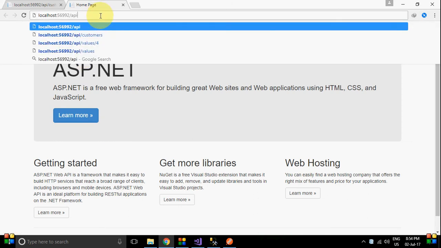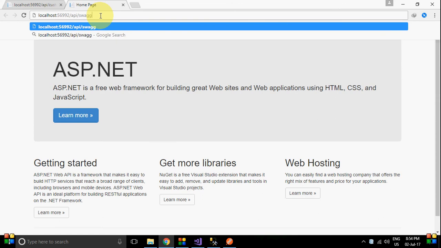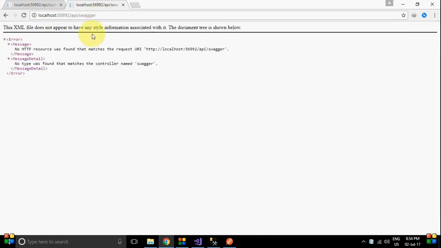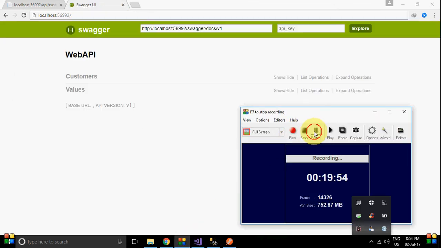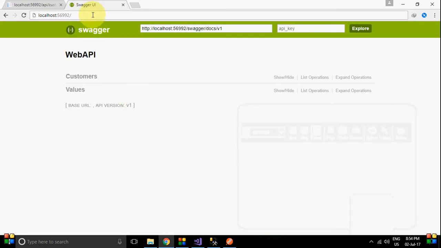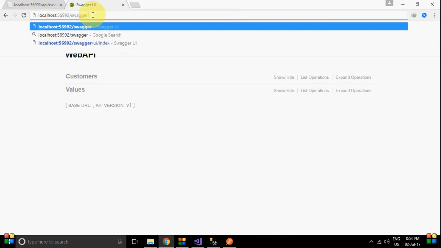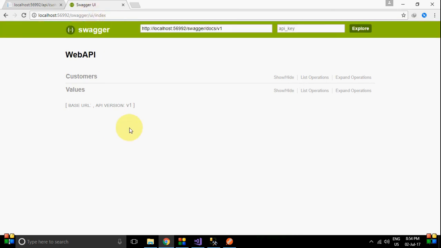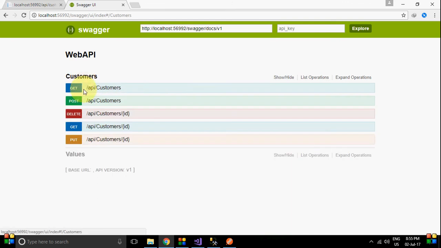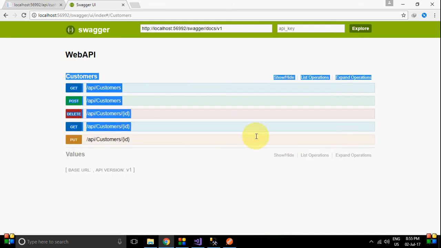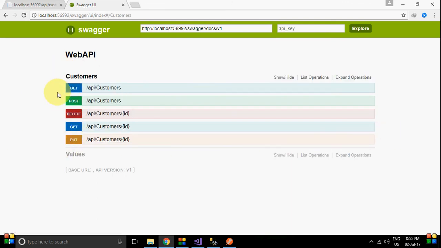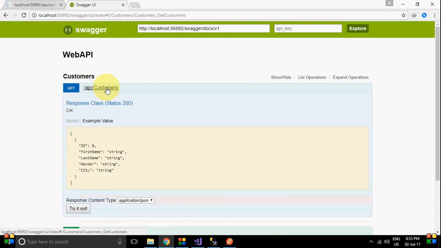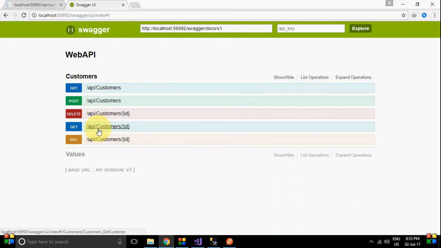Type /swagger here. So this is the Swagger API and here we can see the Customers controller. Okay, so we have get method, post method, delete method, get with id and put method.